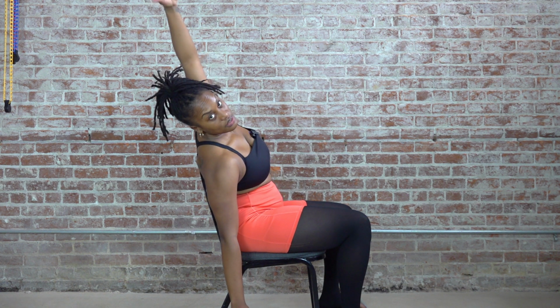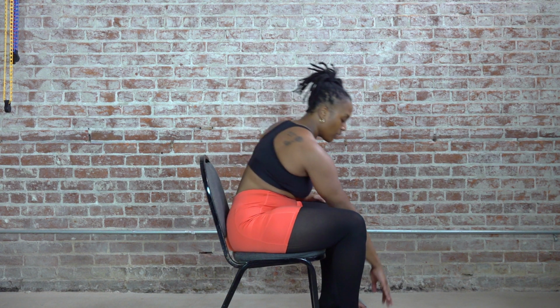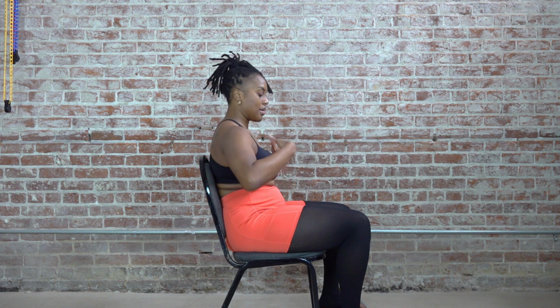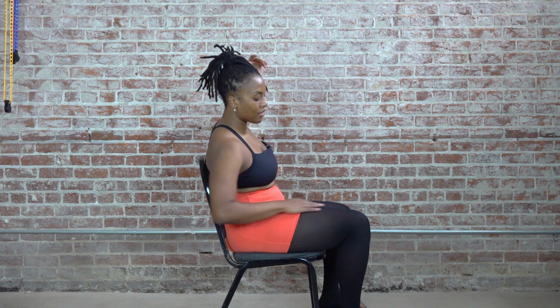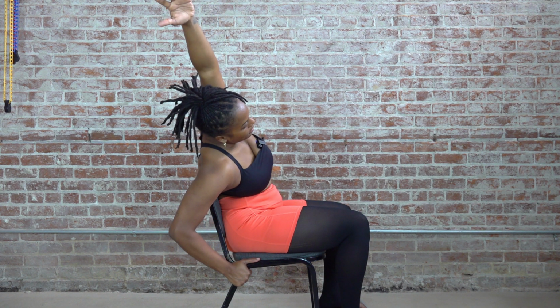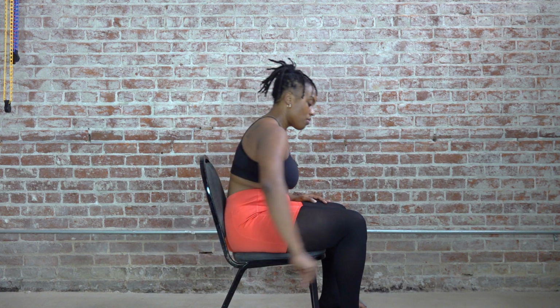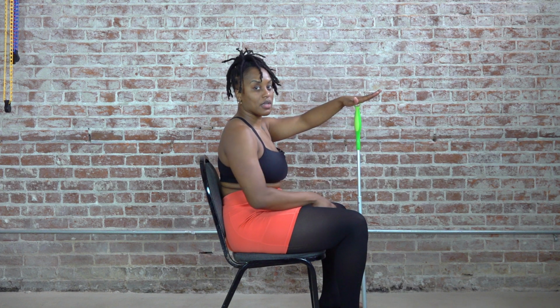All right, let's do a little side bending here. We can do side bending in different ways. We're going this way first. I'm coming towards you, but that's you leaning to the right. So we can do right hand on thigh, hip, or chair, and just leaning over and reaching up, or the left hand could be down. Or if you feel like you need a little bit more support,